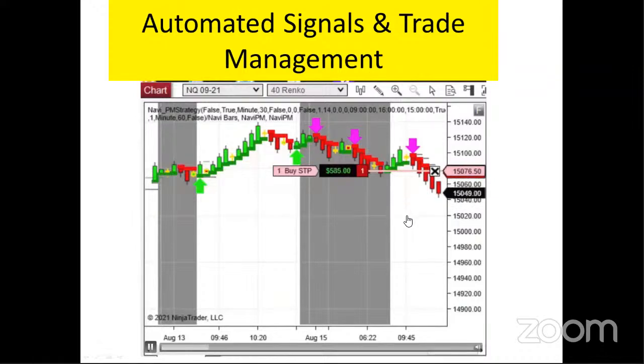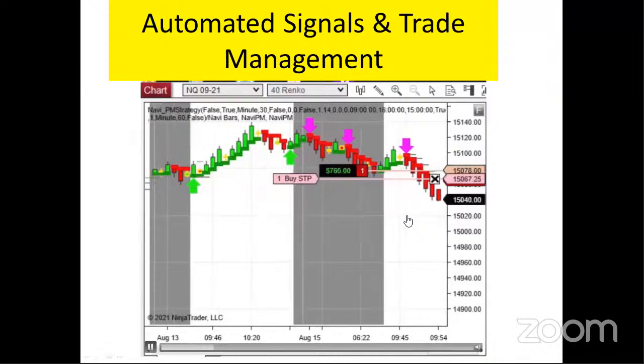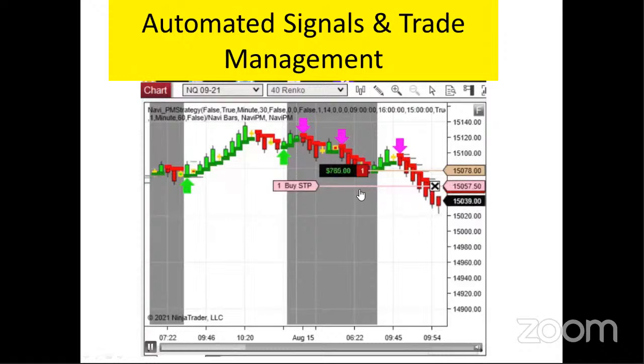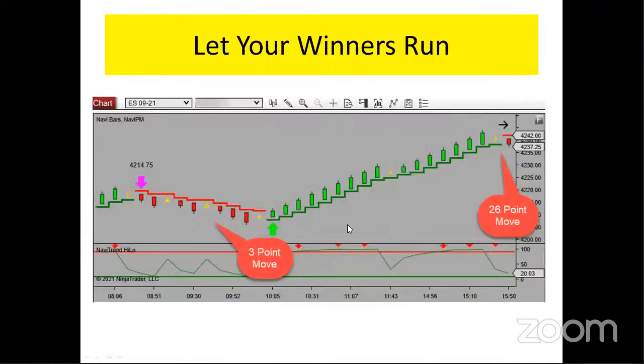In fact, one of the biggest requests that people have made with trading platforms is to have an automated trailing stop system. So here is the automated trailing stop. All right, so you can see we had the magenta arrow, which was the sell. And as the market moves lower, you can see that pink line, which is the buy stop, that's your trailing stop, and a short position is moving down. All right, so that's the idea of the trailing stops. All right, so let's go ahead and continue on here.